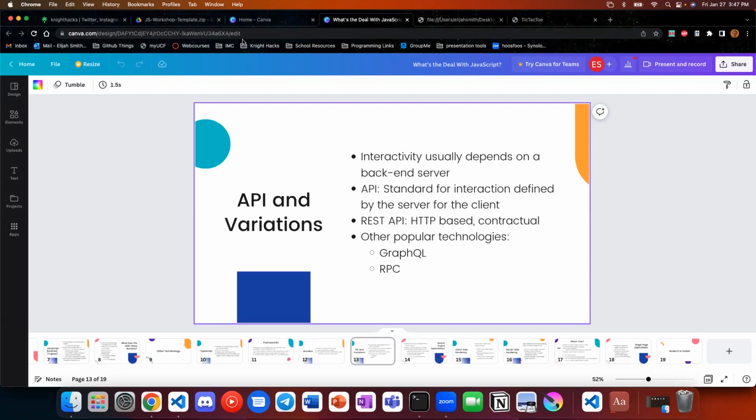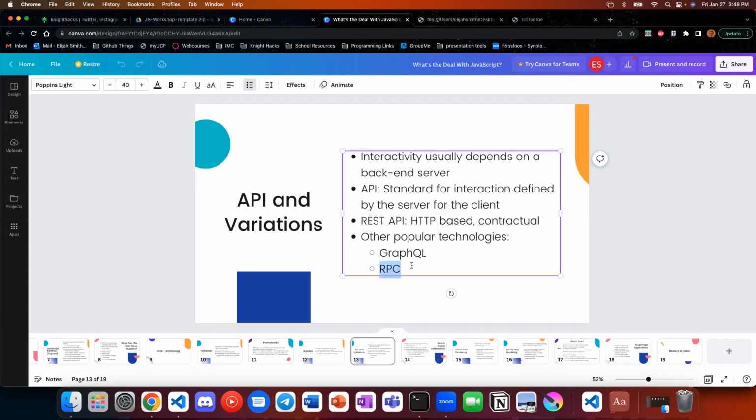There's also other ways of doing this as well. You can use GraphQL, which is a huge beast to try and understand what's going on. But GraphQL has some extra flexibility where it's less contractual. I can choose what data I want to get back as the client. They specify a set of data that I'm allowed to request, and I specify which pieces in particular I want. Which is useful because oftentimes if you send a request to a specific route in your REST API, you'll get a lot of things back that the developer has said you're going to get every time, but maybe you only need half of them, or maybe you just need one thing. The rest of it was all wasteful. So GraphQL lets you specify, oh, I only want this one thing back.